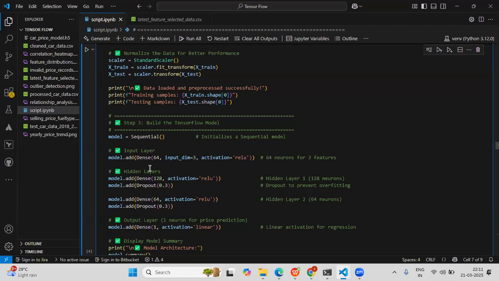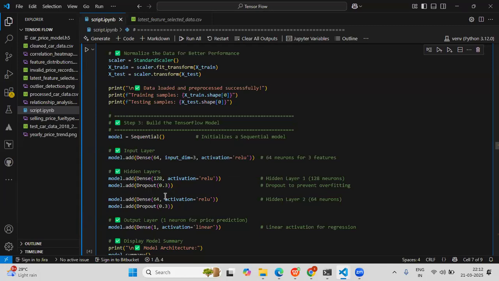Then after that, we are adding the hidden layer with 128 neurons. So these are some more complex neurons we are adding, with the help of ReLU activation. And here we are dropping 30% of the neurons to prevent overfitting in the hidden layer.